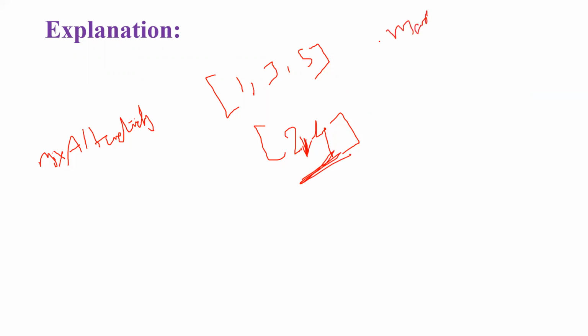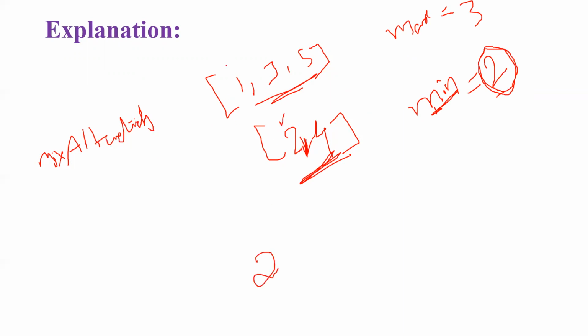This is the max list, because it has more elements. This is the minimum list, which means it has the minimum number of elements. Now observe, what is the length of it? 3. What is the length of it? 2. Up to the second index, you need to consider alternatively. For example, see here, starting with this 2 and 1 and 4 and followed by 3. And here, as you can observe, we completed this list.